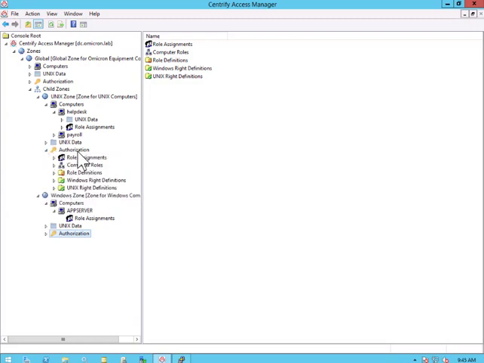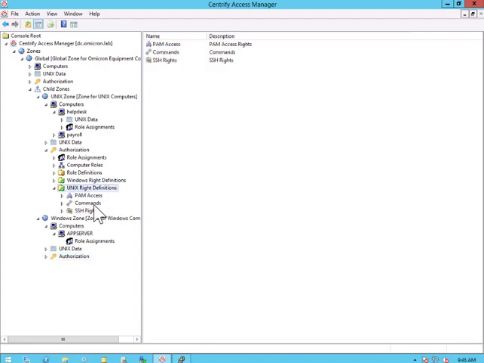I'm going to go under the authorization node, and as you can see here, I have a number of options to choose from: role assignments, computer roles, role definitions, Windows right definitions, and Unix right definitions. And this is the one we're going to work with. So I'm going to go ahead and open this one up. And as you can see here, I have additional options for PAM access, commands, and SSH rights. So what I'm going to do is right click on commands, and I'm going to select new